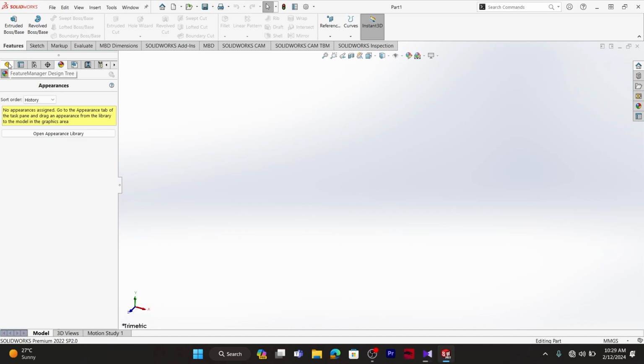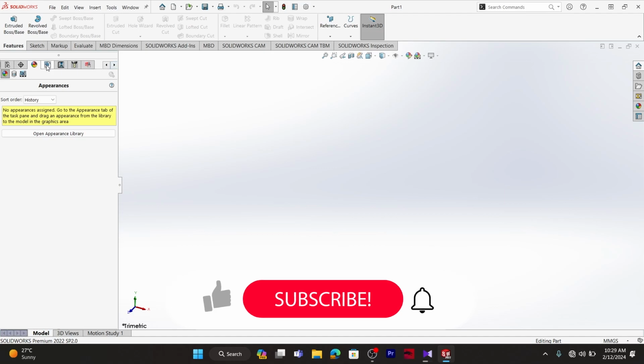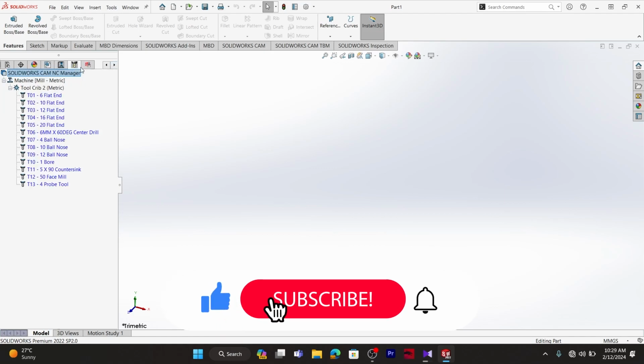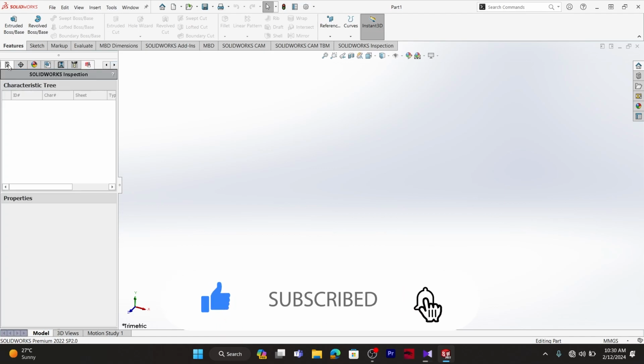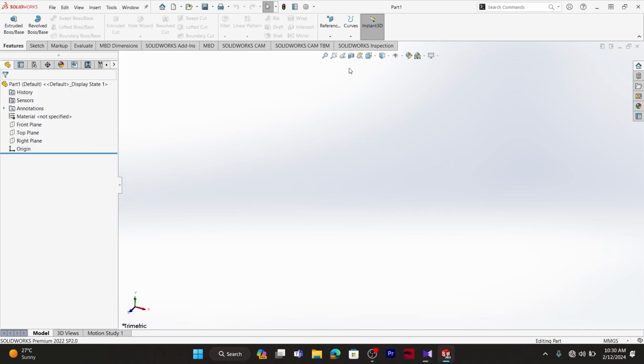We have some other tools here. If you expand the Feature Manager you will see tools like Show, Hide, Display, Appearance and Transparency, so we will use once again these options throughout this course, but for now I'll simply hide the Feature Manager. Then we have the heads-up toolbar, which has tools related to changing the view appearances and showing or hiding some objects. This is the main work area where we'll make everything in SolidWorks, so all the things